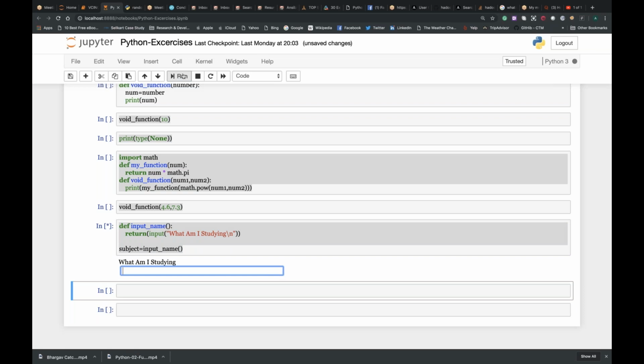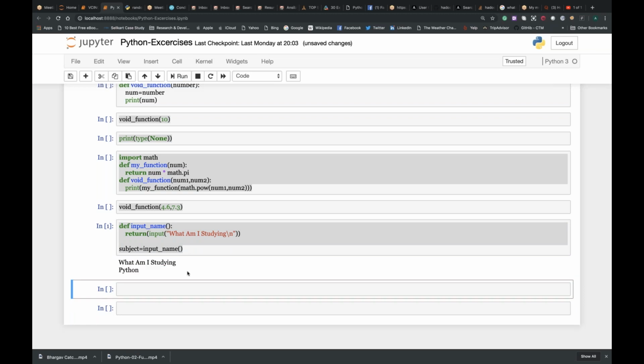Now this works perfectly. If I say Python and press enter, it has simply taken the value.